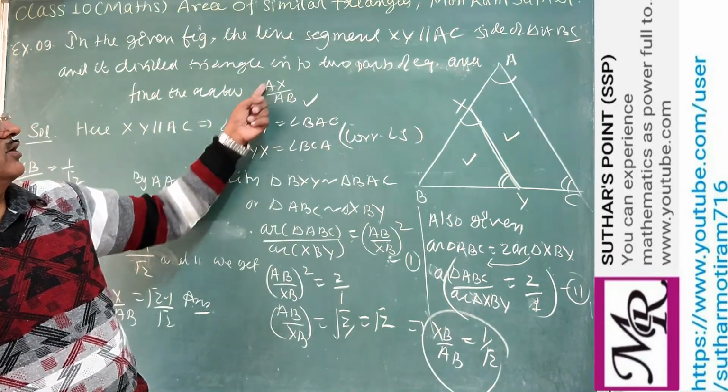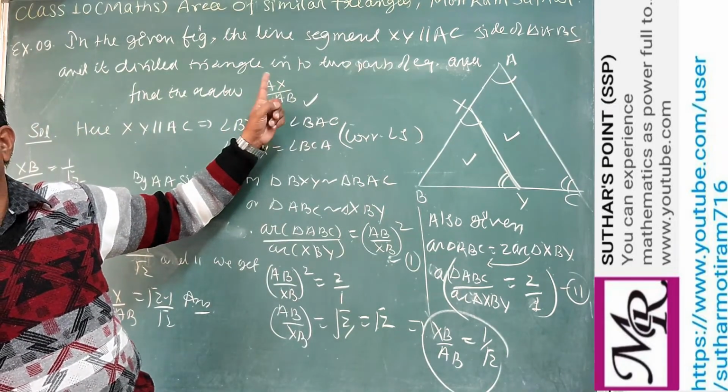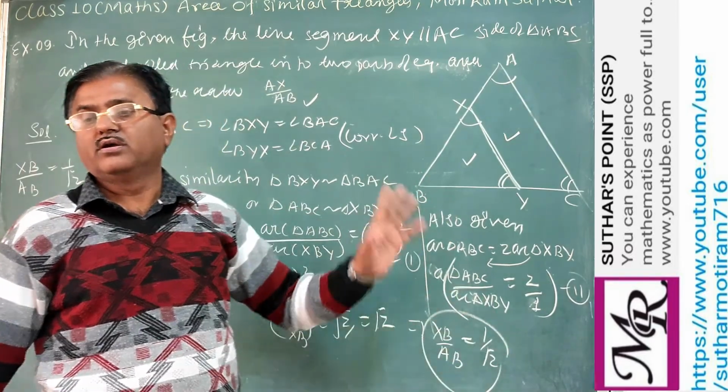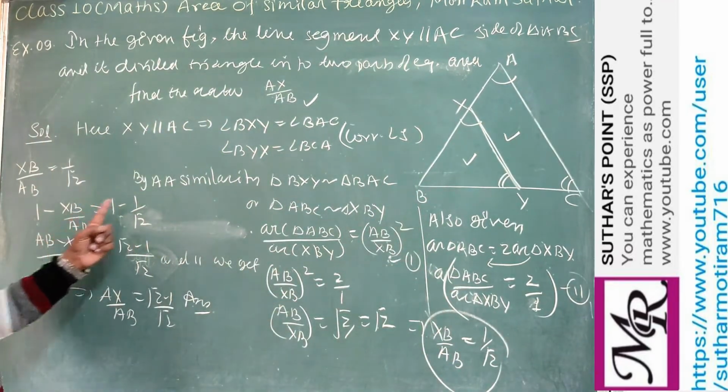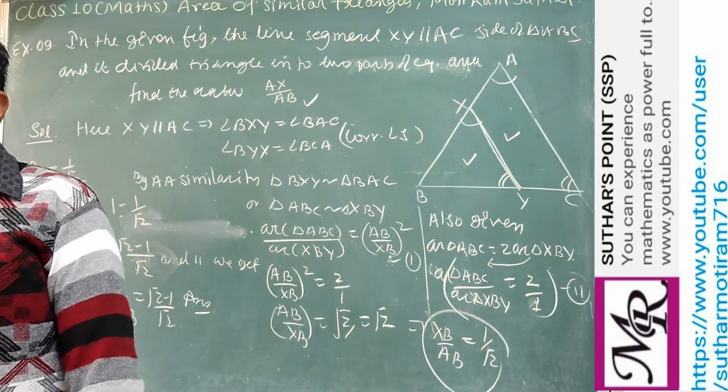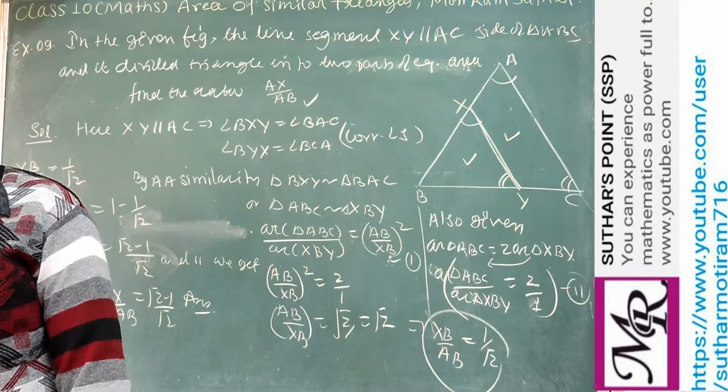But here still we are not getting the numerator. So to get the numerator, we subtract both sides from 1. 1 में से दोनों को separate कर दीजिए, LCM लीजिए और आपका आंसर आ जाएगा. Right? So in this way, we can find this.